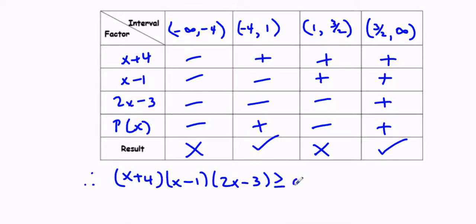Greater than or equal to 0 when I go to my intervals. But I make them square when x is between -4 and 1, including the -4 and the positive 1, because when this is -4 here, I get 0. 0 does equal 0. Same when x is 1. I get 0 here, this whole thing becomes 0, etc. So when x is an element of -4 to 1, and